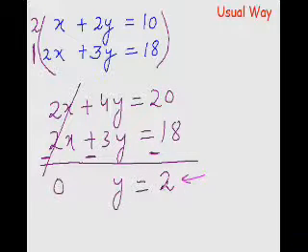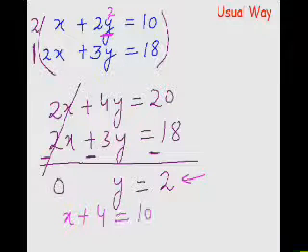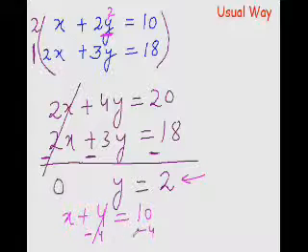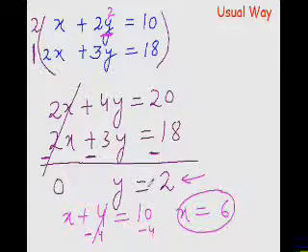Now put this value of y in any of these two equations to get the value of x. So I put the value of y here. I would get a new equation, x plus 2 times 2, isn't it? Because this y will become 2, so it will become 4 equal to 10. Now subtract 4 from both the sides. So minus 4 here, minus 4 here. So this thing gets eliminated and you get x equal to 6. And that is what the answer is. x equal to 6, y equal to 2.